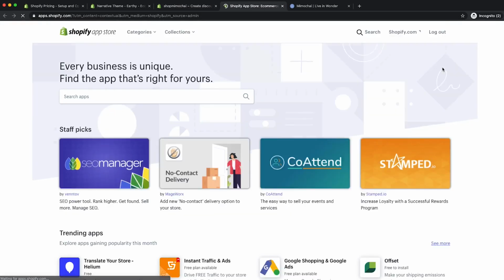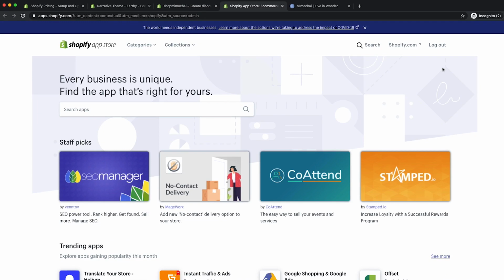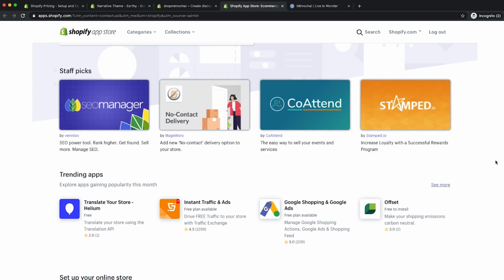And finally, you have your apps tab, and if you come into the Shopify App Store, it's basically this whole other marketplace. So Shopify has some of their own originals, and so that's things like printing invoices, creating digital downloads that people can access. But there's also a lot of third-party apps, and they do everything from managing SEO, to setting up a loyalty rewards program, to handling your Google Shopping ads,